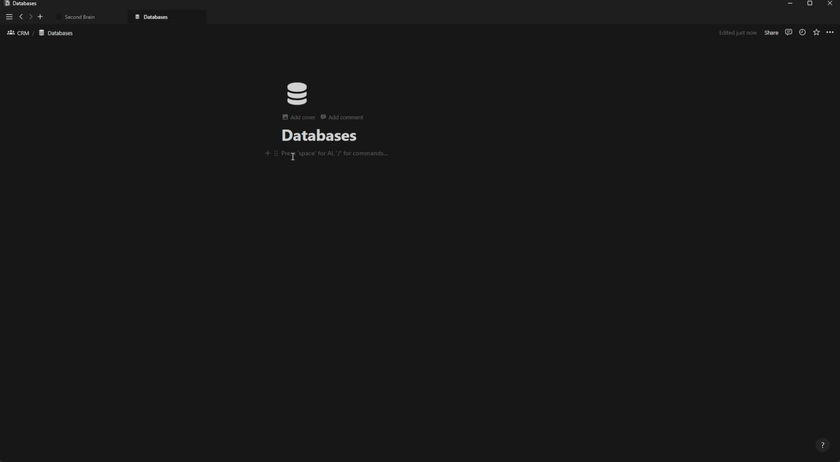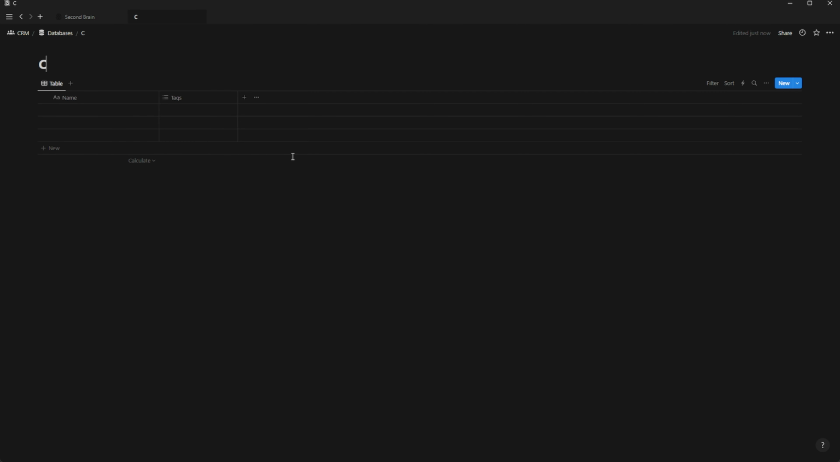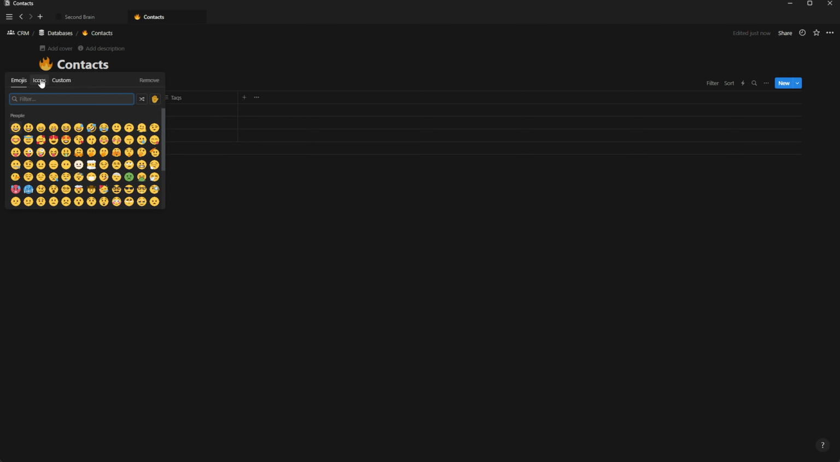So we're gonna need one for our contacts, one for our companies, one for our meetings, tasks, and notes. So let's create those databases. Slash database full page, contact, let's give it an icon,